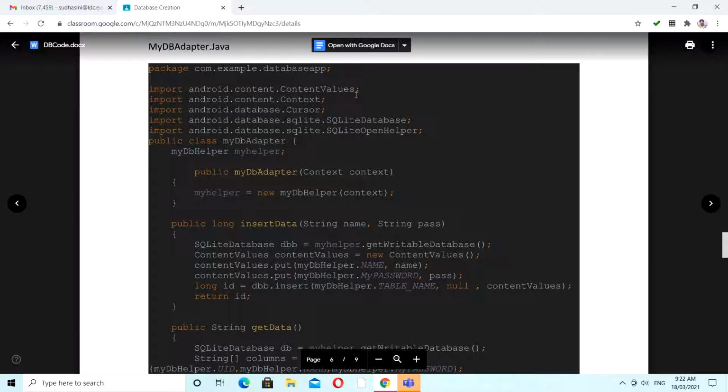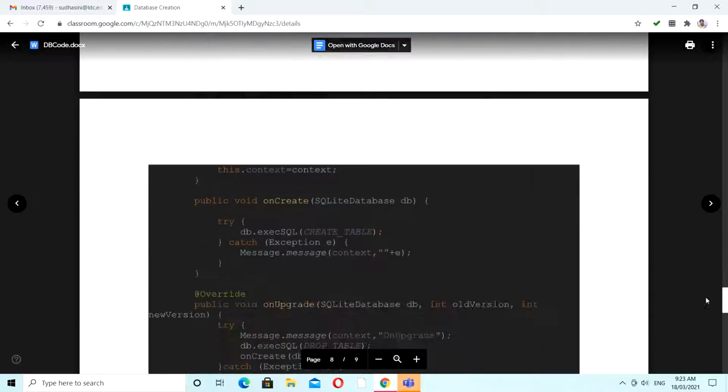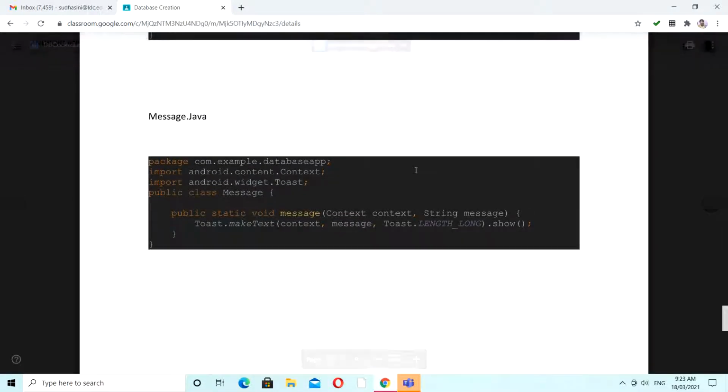So we have mydbadapter.java and then message.java. So to clarify, we have 4 files over there.